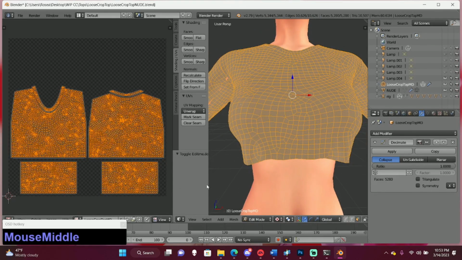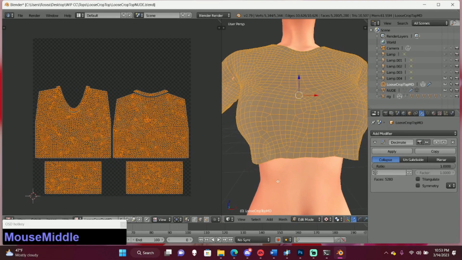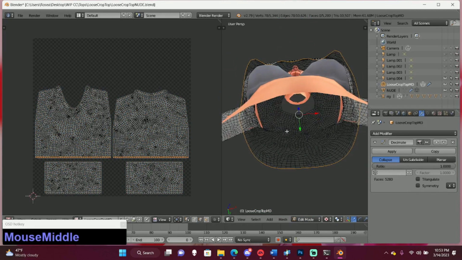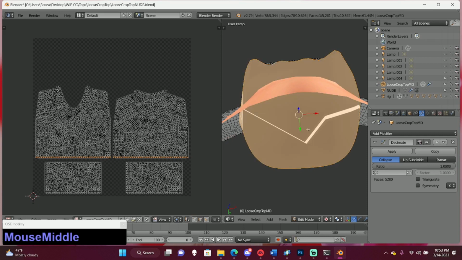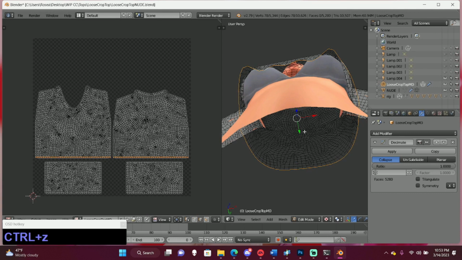Now we're going to close this and switch to edge select, and I'm going to hold Alt and then click this edge and then press F. That looks kind of wonky, so we'll do E instead.